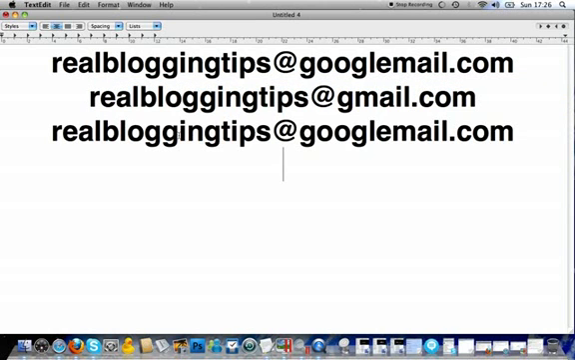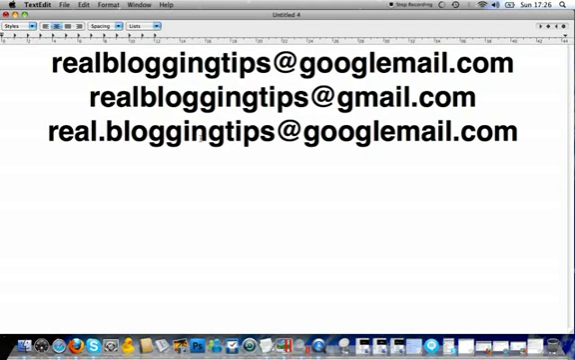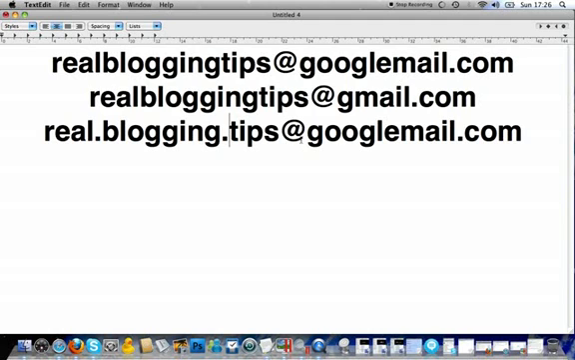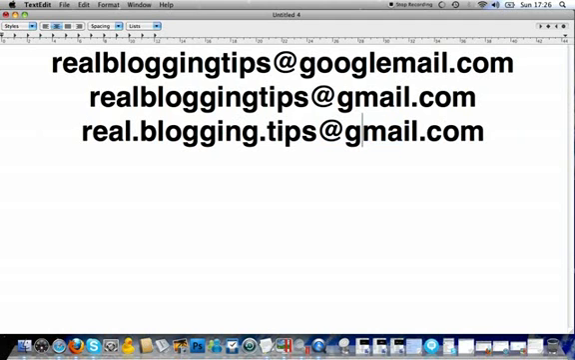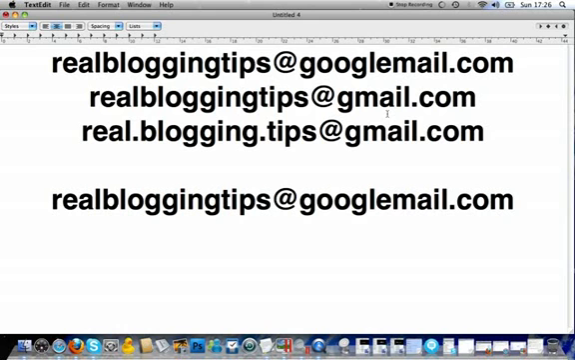Also, Google Mail ignores periods, so real.blogging.tips@googlemail.com will come through to the same email as will real.blogging.tips@gmail.com. There's also one other variation, which is the one that I think is most useful, and that's the ability